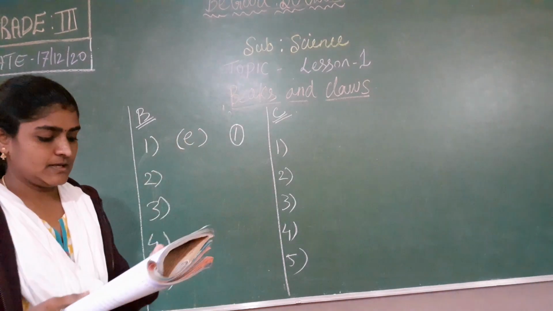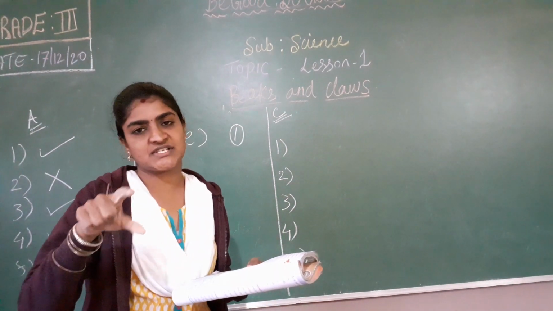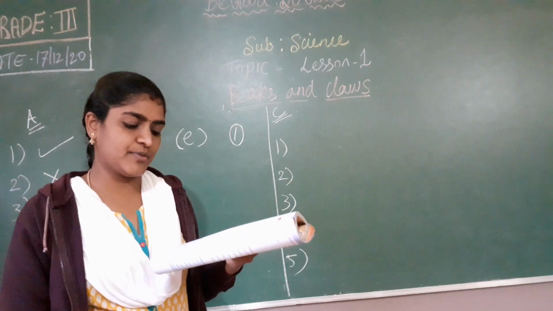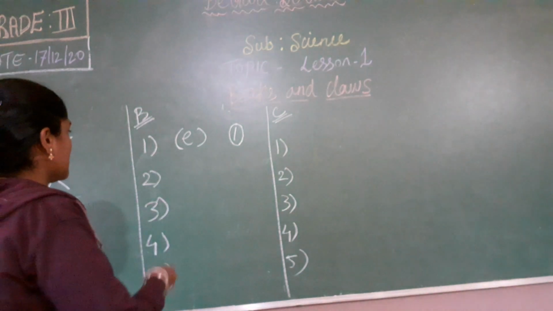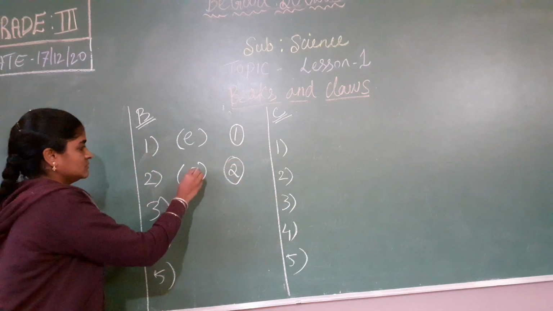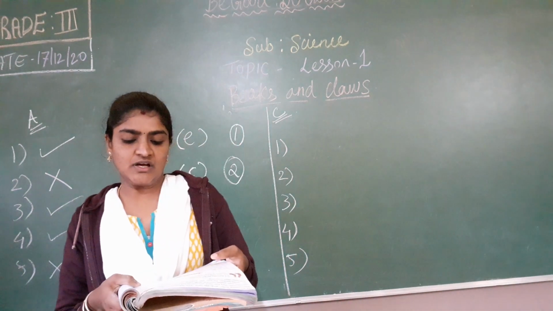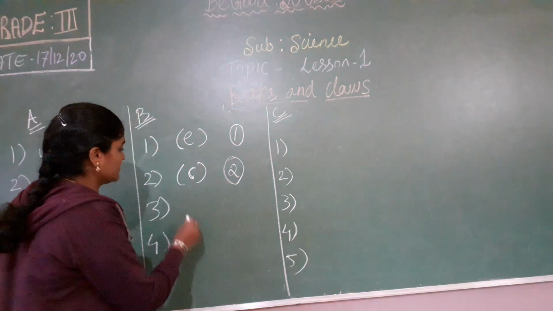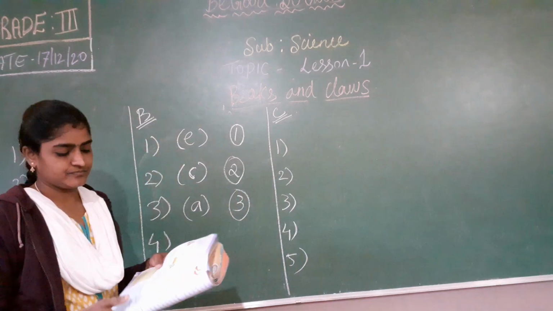Okay. Next, eagle. So eagle has very sharp claws, right? It is helpful to tear the flesh. Those type of claws are called talons. Here you can find in C column you have talons. There you have to mention number 2. Okay. And next, third one, pelican. The pelican has a long beak with a bag-like pouch hanging from it. So here you can find from A, the pelican description is there. There you have to mention number 3.